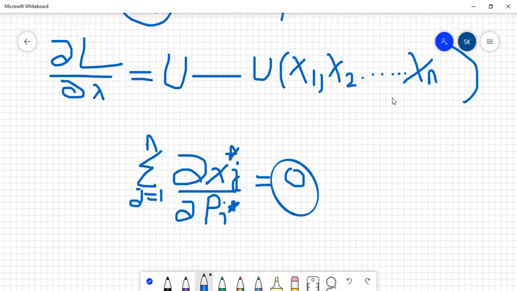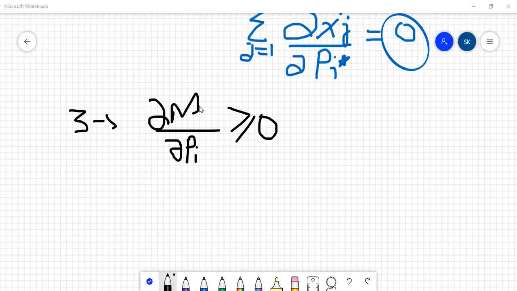The third property states that we will differentiate the function again, but this time the function will be the expenditure function, and it will be differentiated with reference to the ith price. Now the third property states that the partial derivative of the expenditure function with respect to the ith price should be greater than or equal to 0, with a strict inequality. That is, x_i star should be greater than 0. That is, it cannot be equal to 0; rather, it should be greater than 0. This is a strict inequality.